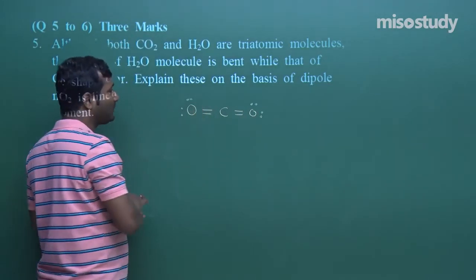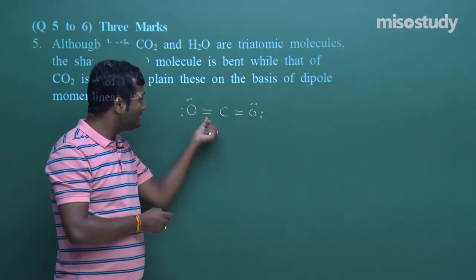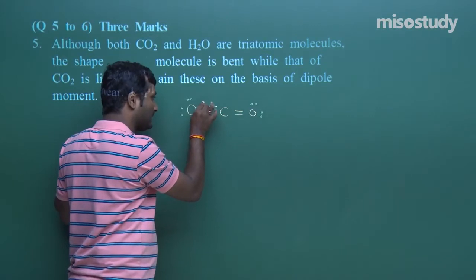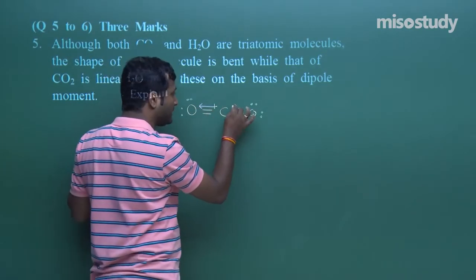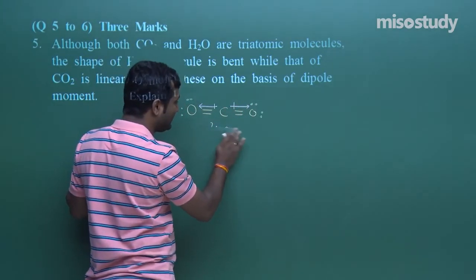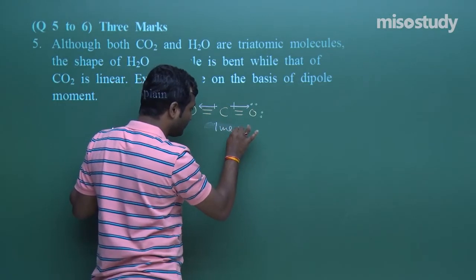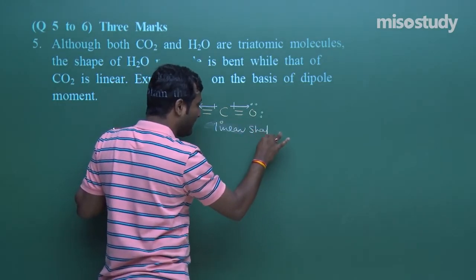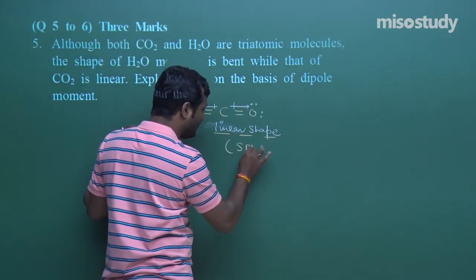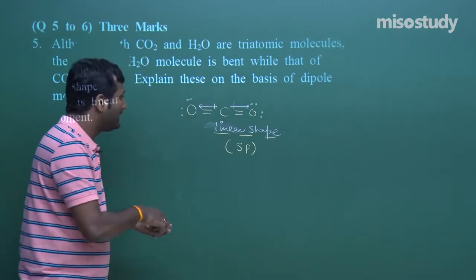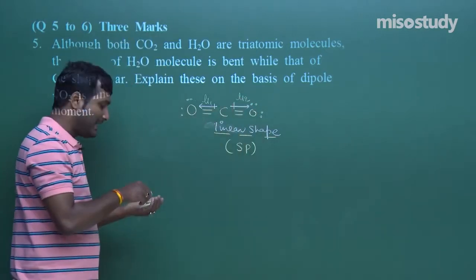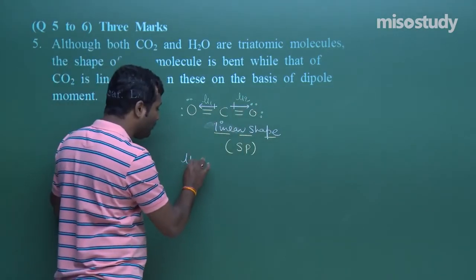In this case, what will happen? C=O has a dipole moment, the direction of which is from low electronegative to high electronegative. Due to the linear shape, and the hybridization in this case is sp hybridization. Due to the linear shape, mu1 and mu2 are the dipole moments, and in this case mu is equal to